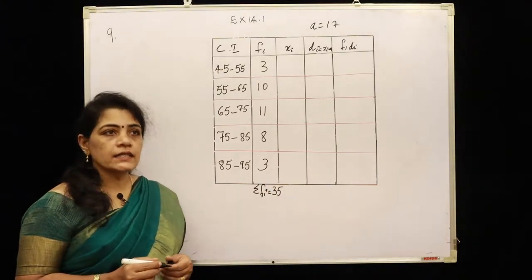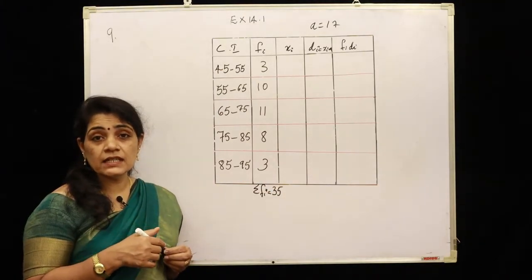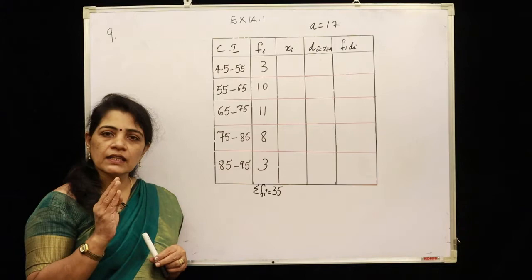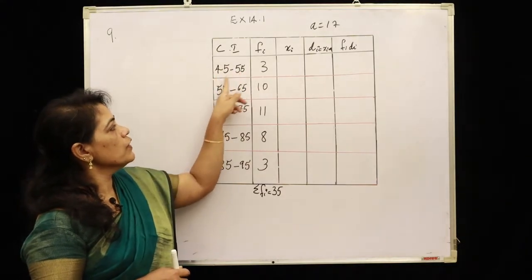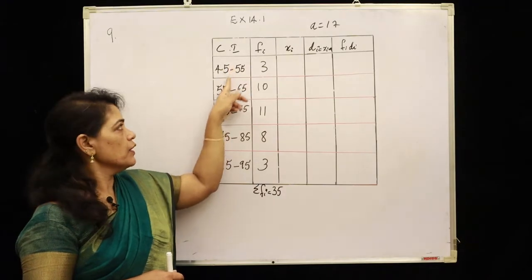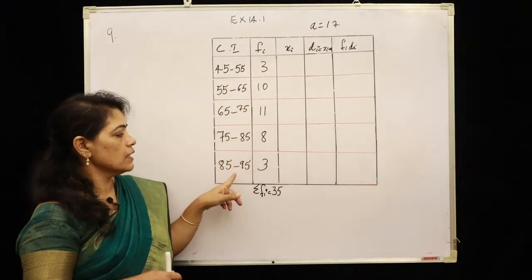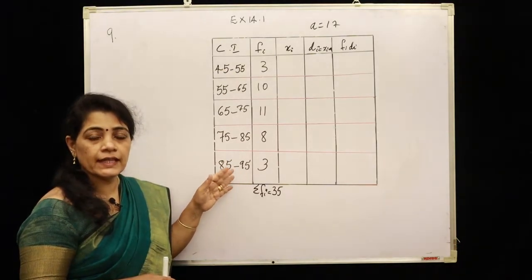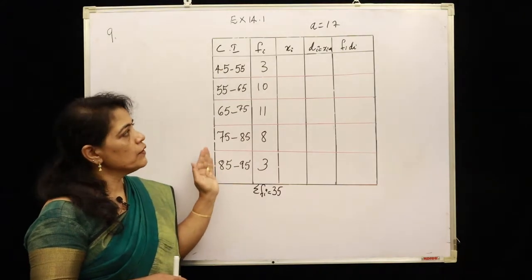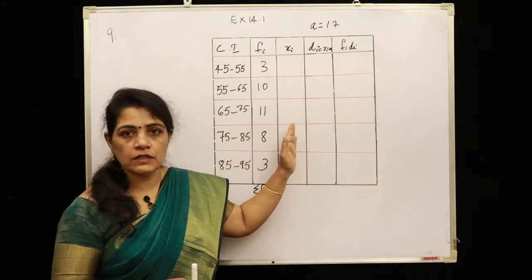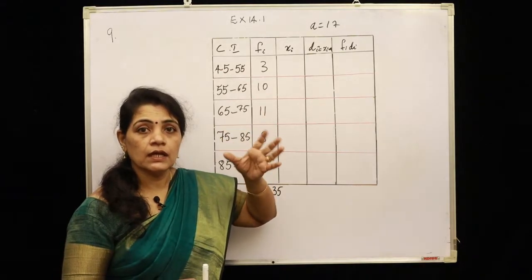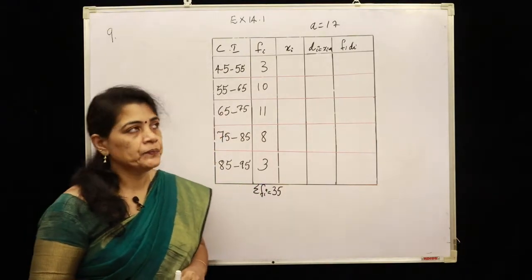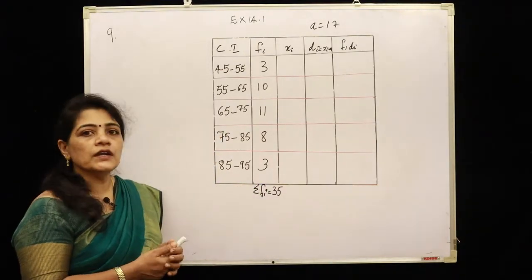So children, see, first thing is, since the literacy rate in percentage is divided into class interval form, check whether it is continuous first. So 45, 50, 55, 65. The upper limit and lower limit of all the class intervals follow that rule, and also the class size, the class width h, is the same. That means when you take the mid values, the difference between consecutive mid values will be the class size, that is 10 itself, so you can easily fill this third column. And also it is continuous.